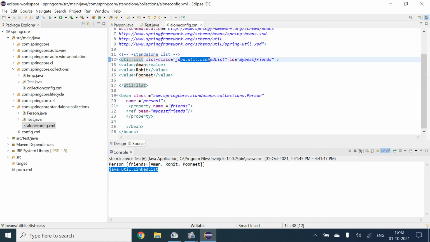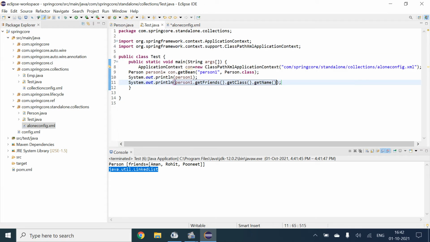So what if we change here and we change this LinkedList to Vector? So we are getting java.util.Vector.